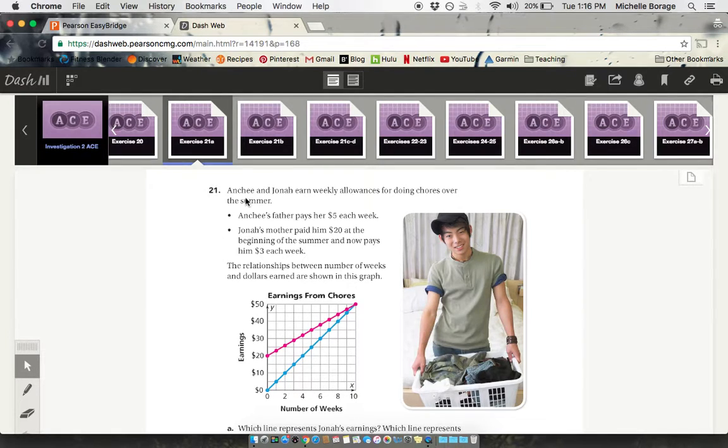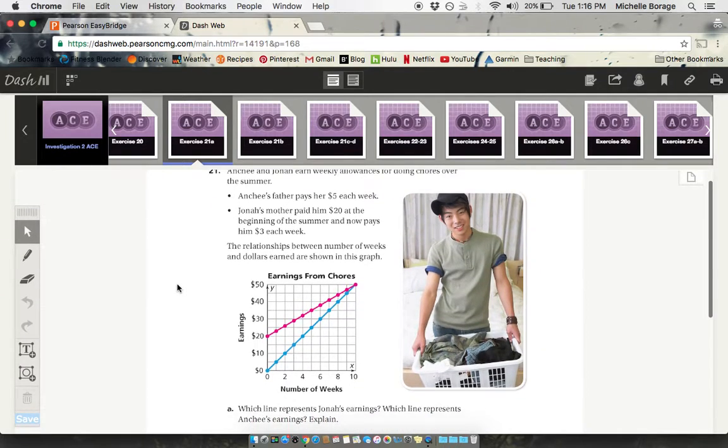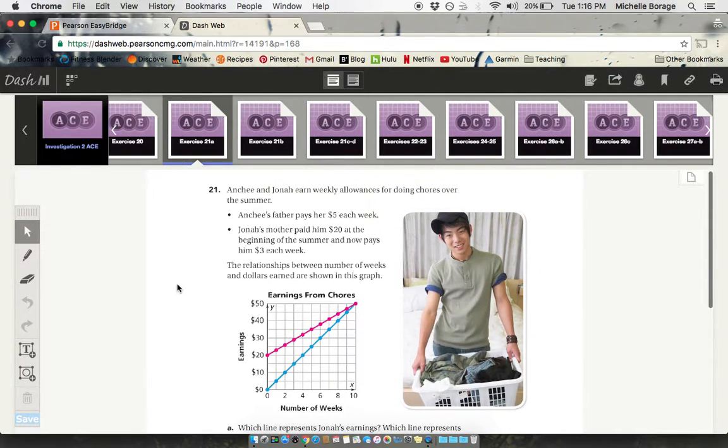It's about Anchi and Jonah. So I want you guys to do this problem number 21 for homework. It is due tomorrow. And you do not have to do this on graph paper. There is a graph, but they give you the graph. So you can do this on regular lined paper. Alright, hope this video works out, and I will